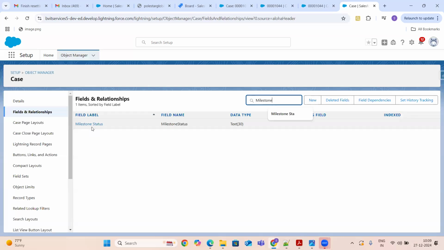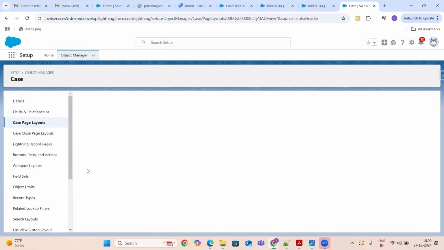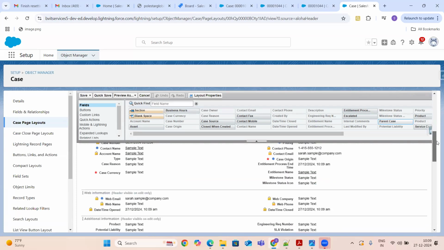Once you give permission to these fields, another change I made was in the case page layout. This is the default page layout assigned to our profile for the case object. I just added these fields: entitlement name, milestone status.